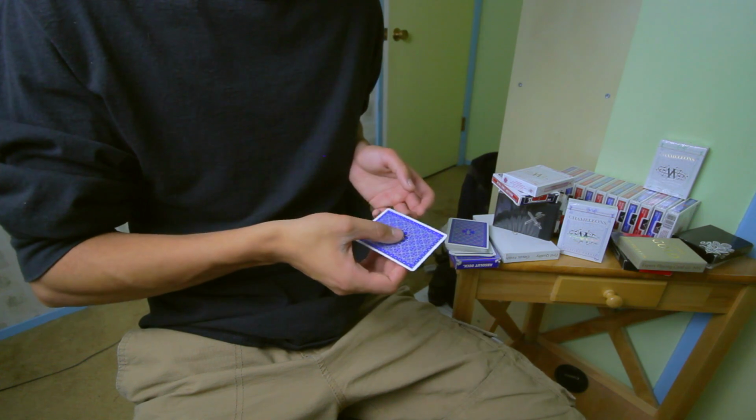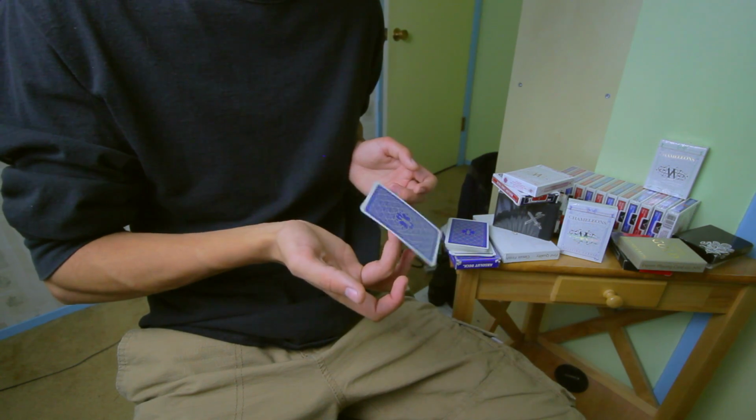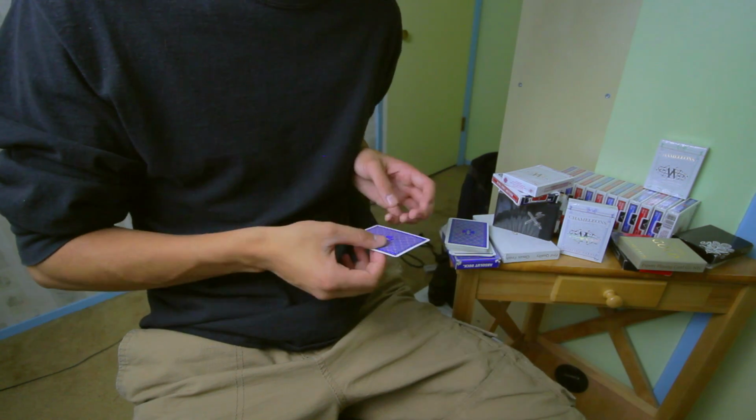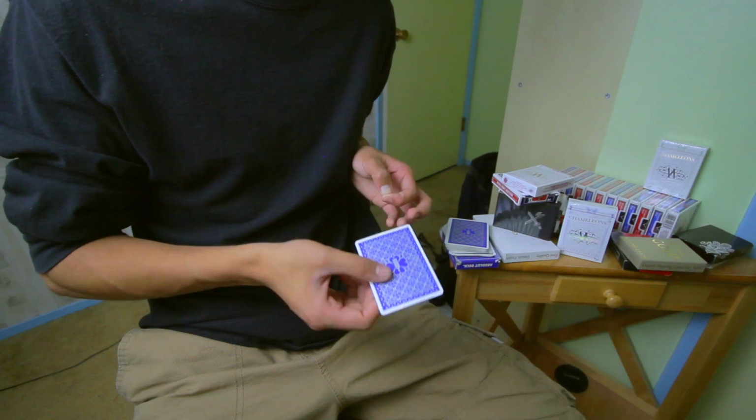You want this little, watch, I'll do it without moving my hand. You get a little wobble there. One more time. Boom, boom, boom. Nice. What you're going to do is you're going to capitalize on that wobble,